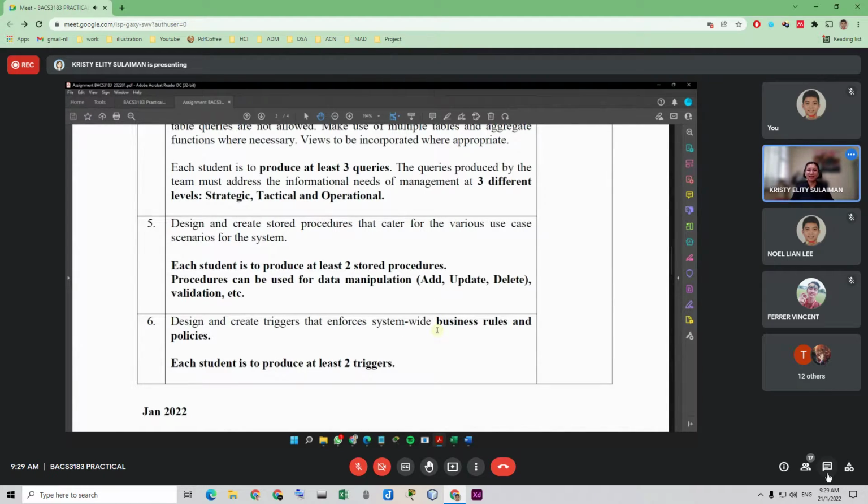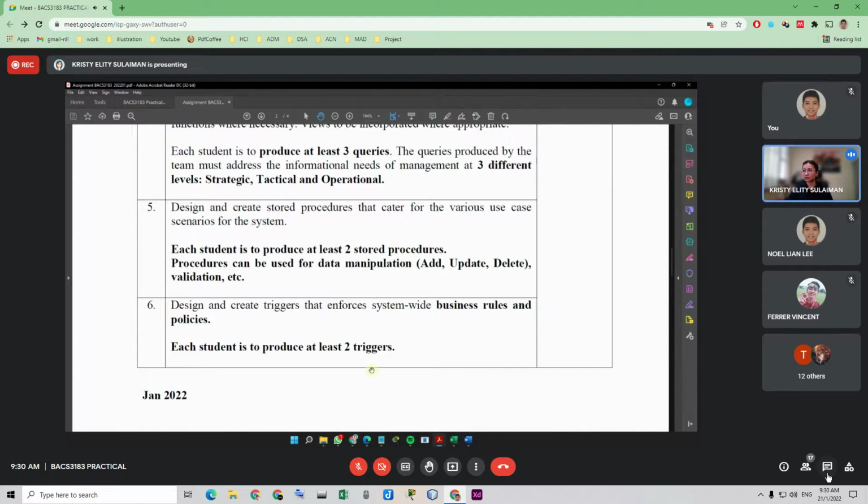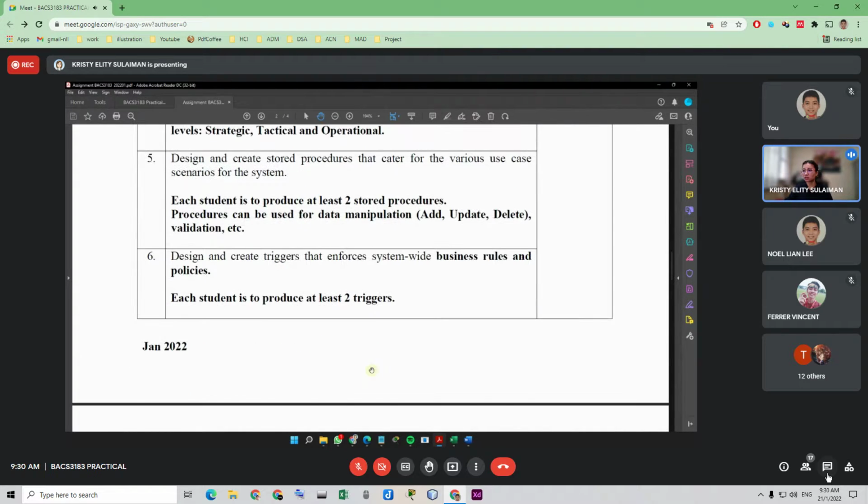Okay, so your triggers will be referring to your business rules and policies. So each student, each one of you, is to produce at least two triggers. Okay, so there should be six triggers per group. Okay. So that is for stored procedures and triggers.